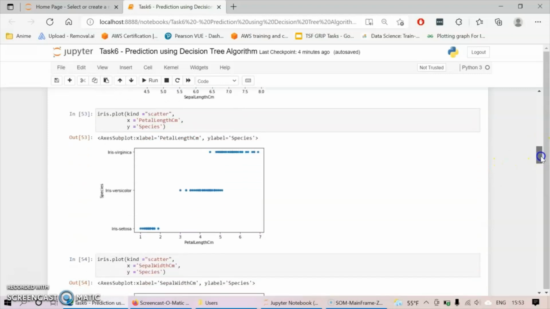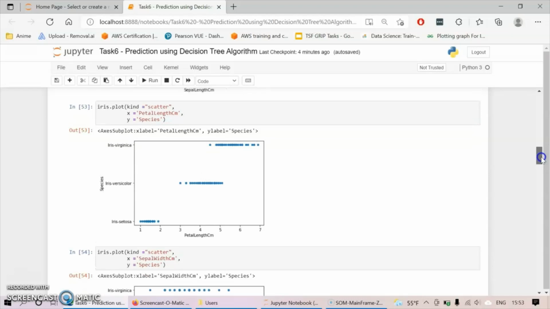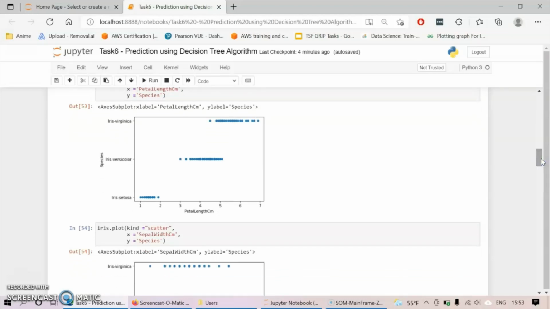Similarly, all the visualizations show that the three species of iris form totally different clusters, so they are not overlapping in any way. In petal length, it is the same, all separated very well.